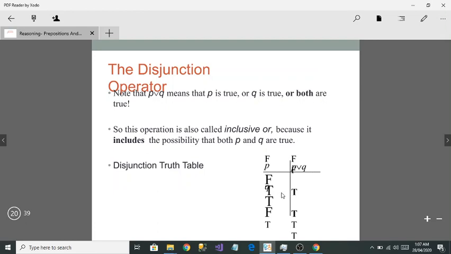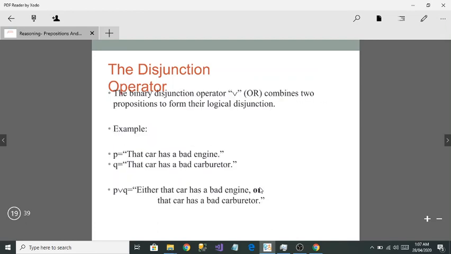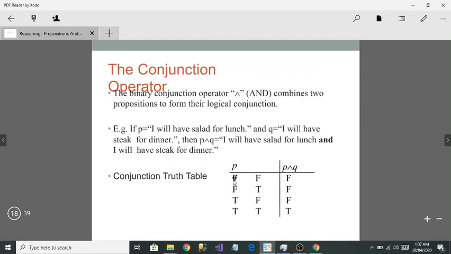It's not going to be written correctly, but it will be like this. If one is false and the second one is also false, it's going to be false. If one is false and the other is true, in disjunction, I am telling you disjunction, not conjunction right now, okay, don't confuse, then it would be true, because disjunction means one statement should be true. If one is not true, then the second is going to be true. So or means one should be true. So true or false is going to be true, and true, true will be true.